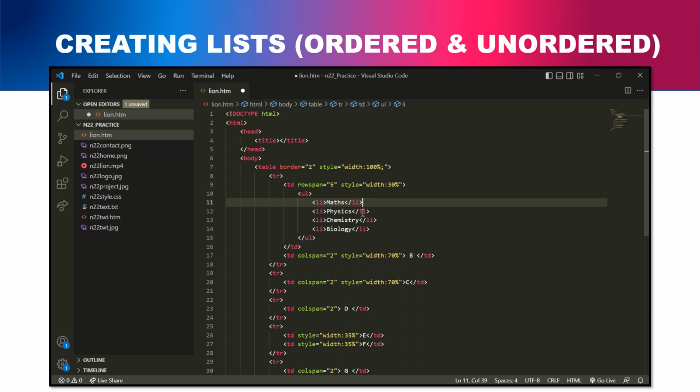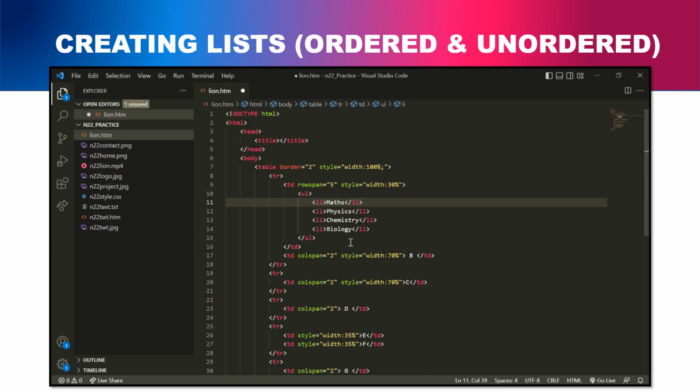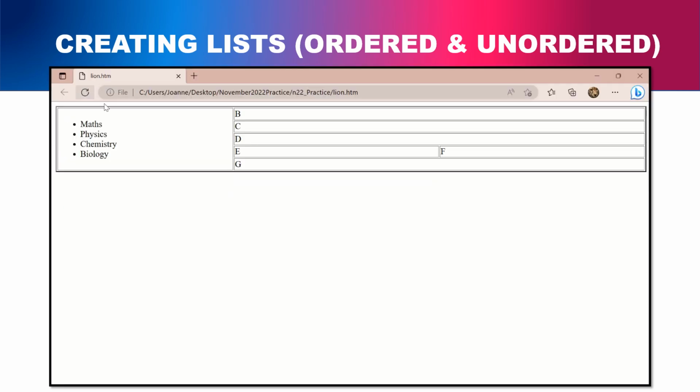So these are my list items, and it's going to be unordered. So if I save this and go to my browser, we have maths, physics, chemistry, bio, and it's by default